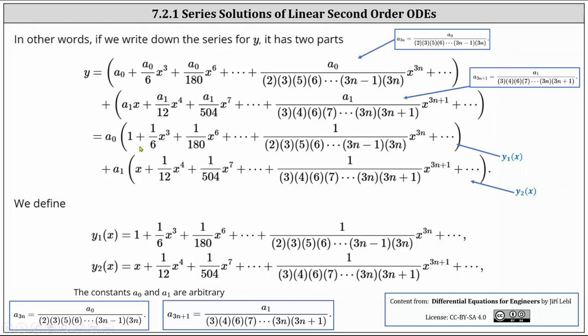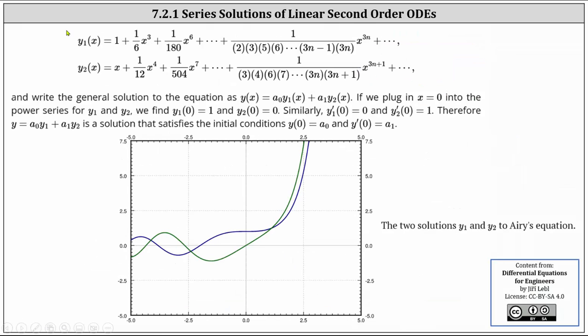From here, we can factor out a sub 0 from the first set of parentheses and factor out a sub 1 from the second set of parentheses, and then define y sub 1 of x and y sub 2 of x, where the constants a sub 0 and a sub 1 are arbitrary. Now that we've defined y1 of x and y2 of x, we can write the general solution to the equation as y of x equals a sub 0 times y1 of x plus a sub 1 times y sub 2